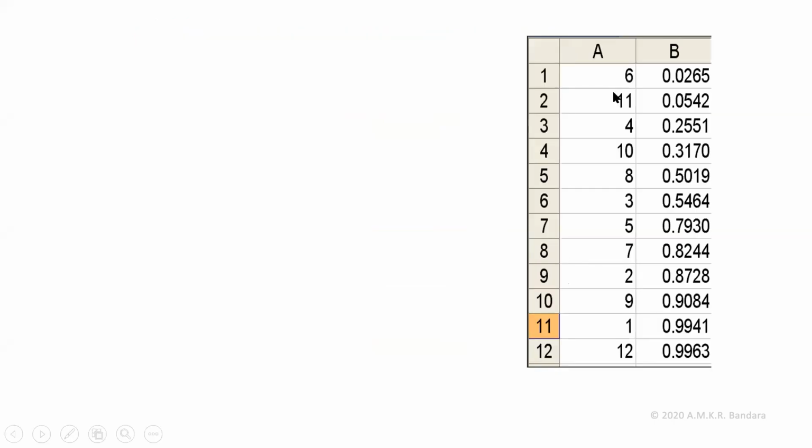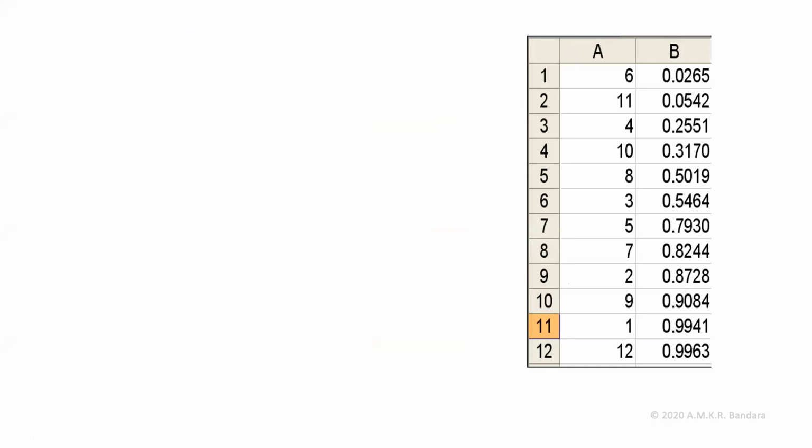Here, this number has been generated automatically. Then what you have to do is copy this number and paste it into other cells. Then other cells also will consist of random numbers. Then these are randomly generated numbers from the computer.